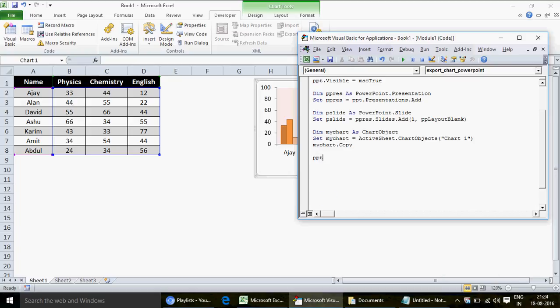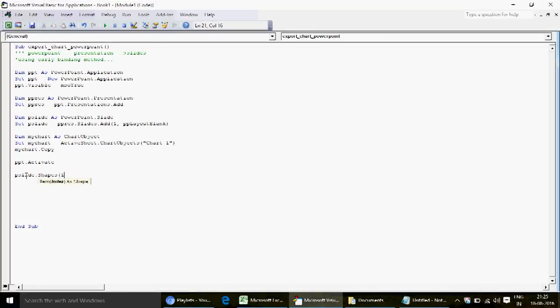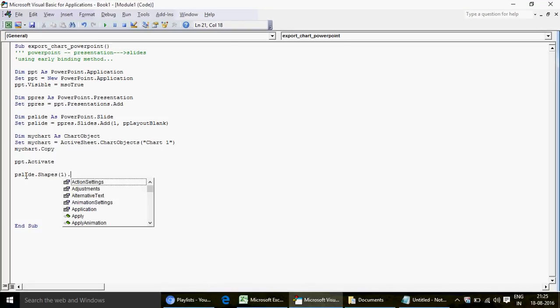So I'm going to go back to my PowerPoint, which is ppt. You can see here in this code, if I show you, this is the PowerPoint application which we created. So I'm saying that the PowerPoint application should be activated now. And what is the next thing I want to do? Next I want to get that pasted on that slide. This is how you write it: slide.Shapes, and the shape is 1. I'll tell you what a shape is,